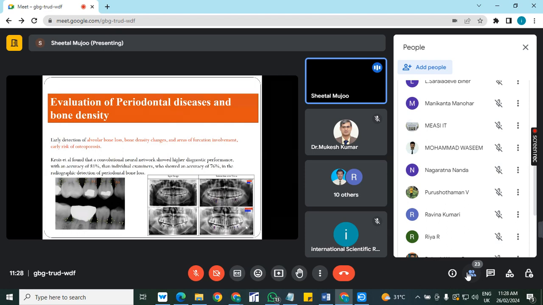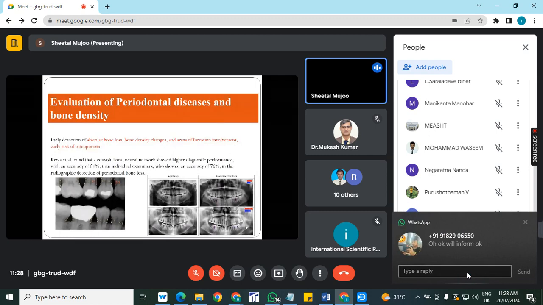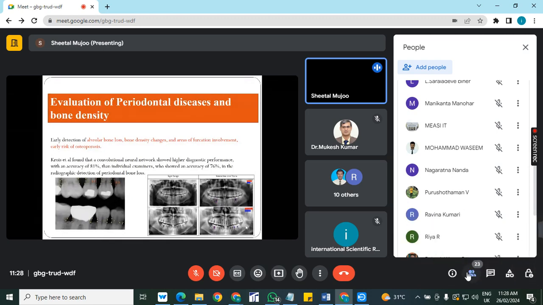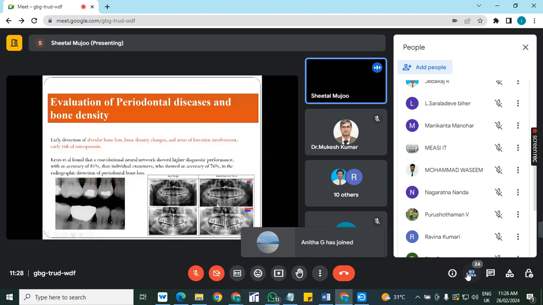So we could see that once our data of periodontal disease has been given to the computer, it can help us to detect, even if it is very early bone loss, early changes in the bone density, early furcation involvement, or early risk of osteoporosis. You can see in this image that this early detection can be clearly visualized. It will highlight that area of early bone loss. You have the conventional and you have the digital, both pictures can be clearly visualized, and you can see that even,